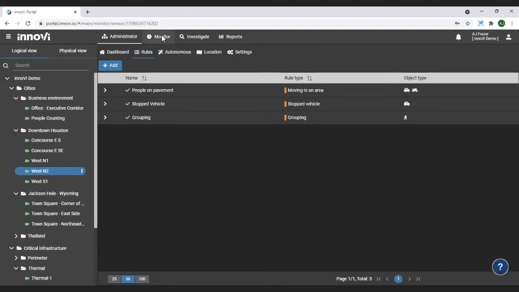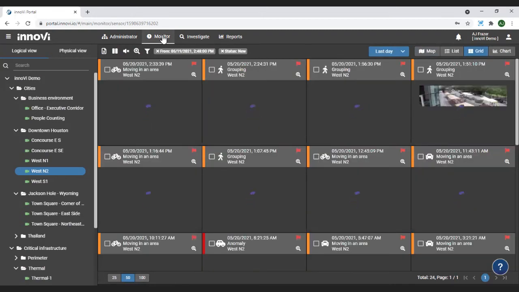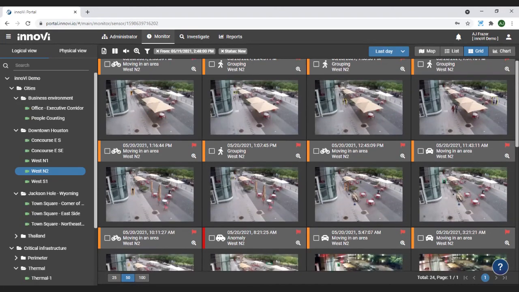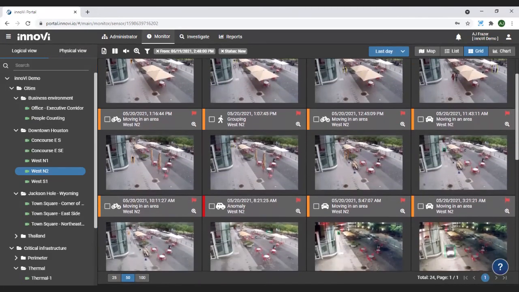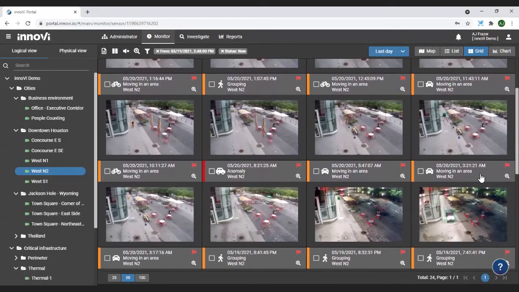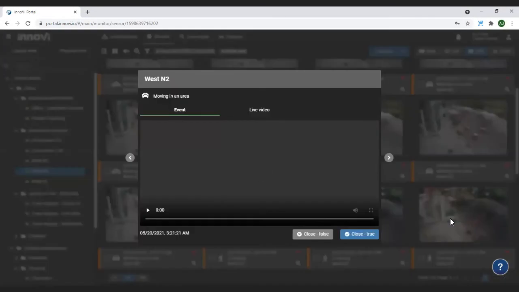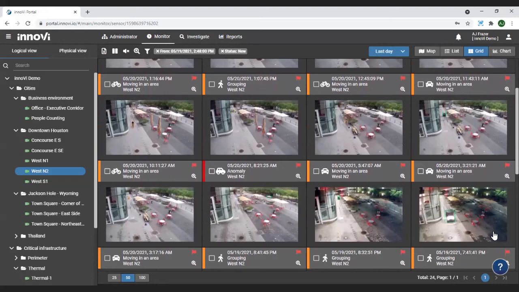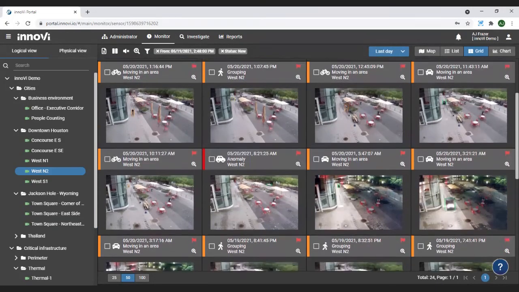So let's take a look and see what's happening here on this camera. Oh, actually, here's a great example. Well, here I can see last night, here's a vehicle moving in an area, and this was the middle of the night. In fact, this is a great example. You can see the ground is wet, so it's been raining. That vehicle is almost completely saturated from a camera standpoint because of lights and reflections. And not only are we able to detect it, but as you can see, I didn't have any problems around that with false alarms. So great detection.